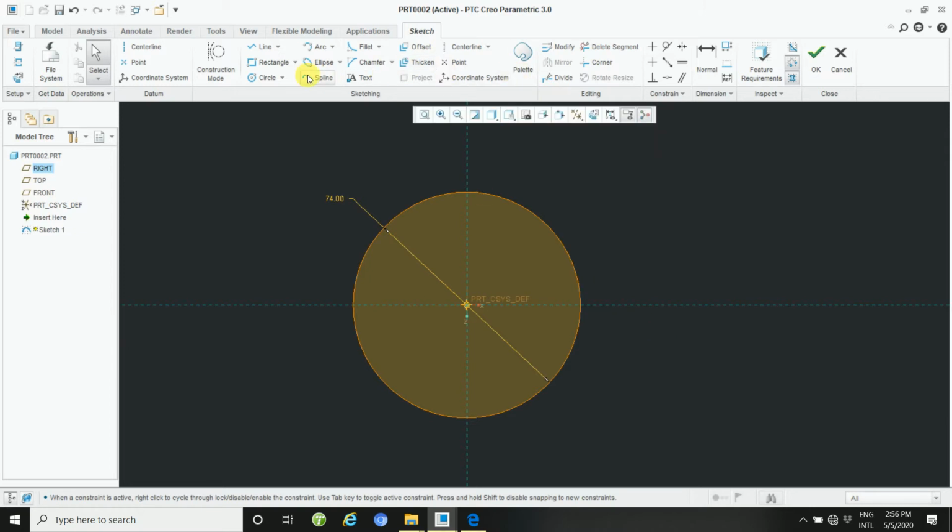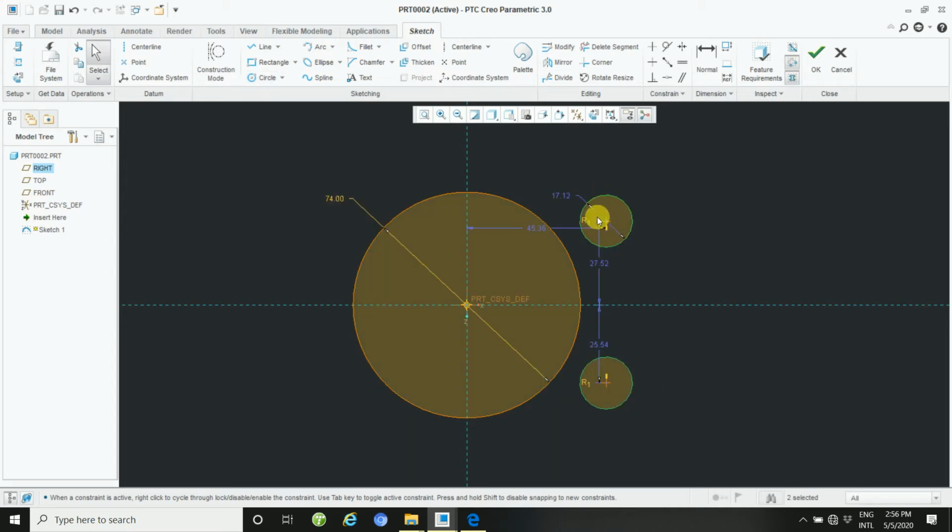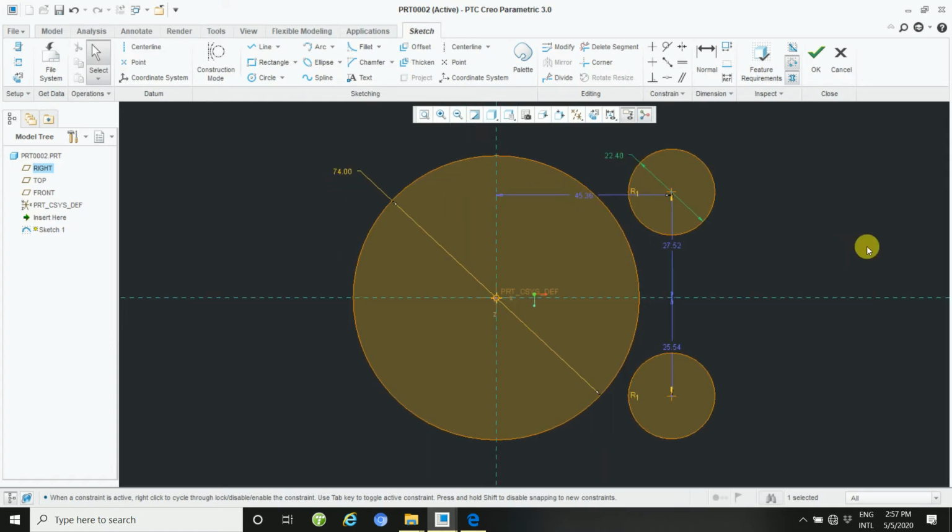Then once draw another circle here and here, same circle. R represents same circle, same radius. Then this circle is 11.4 radius and dia is 22.4.